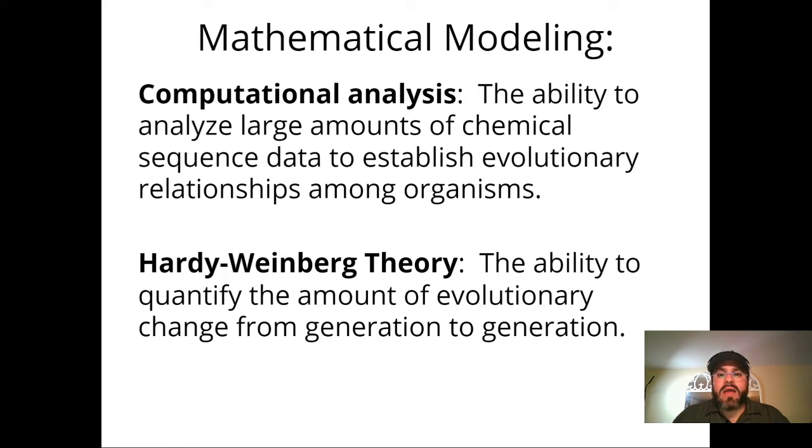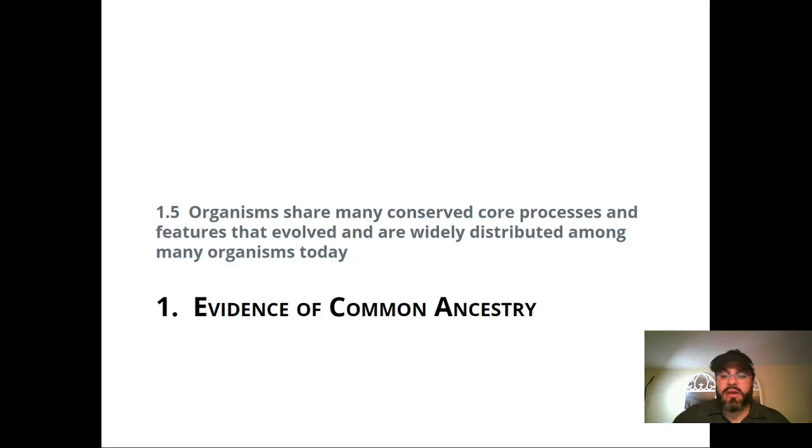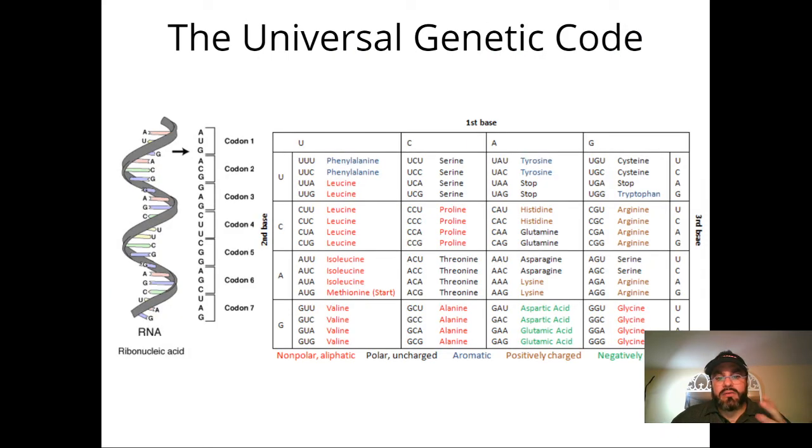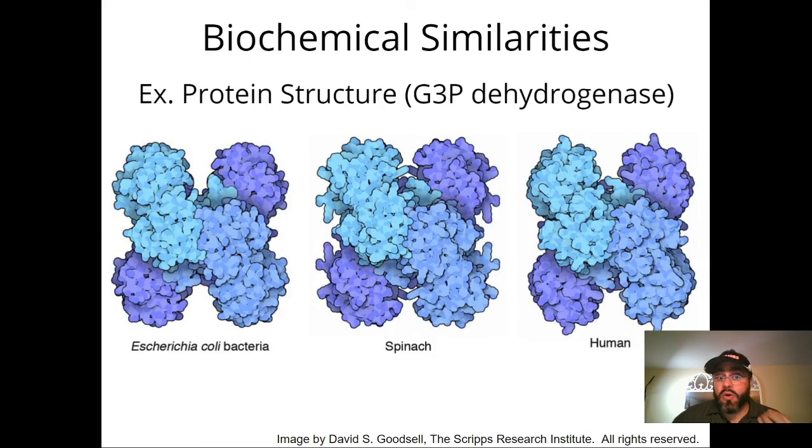So finally, there's some mathematical modeling, computational analysis that allow you to look at sequences and then establish relationships. And one way that we can figure out or quantify the amount of evolutionary change is the Hardy-Weinberg theory. So let me go ahead and I'm going to skip through this very quickly about the code. I hope that you know this already, but this is something that should have been covered in the other units